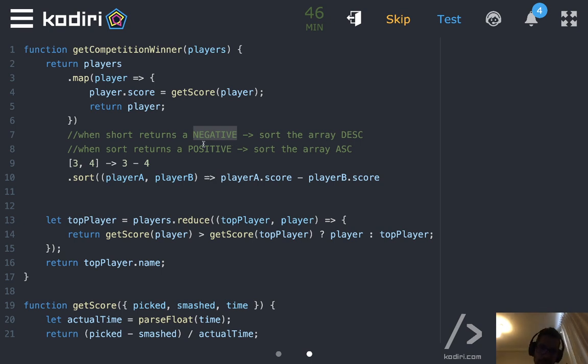Maybe I did that the other way around. Sorry, guys. I always struggle to say that. What I always do is, if you do a minus b, that will sort the array ascendantly. If you do b minus a, that will sort it descendantly. Yeah, that's the result. And now we probably need to rephrase that a bit.